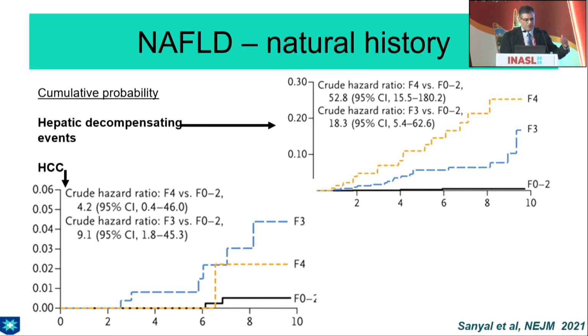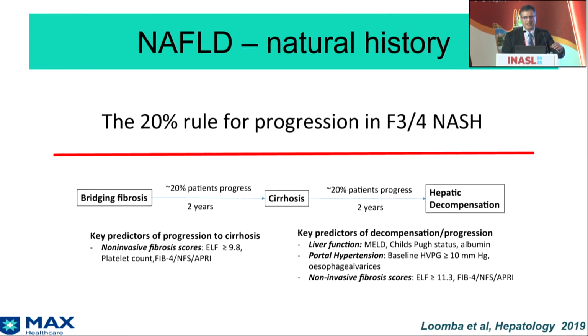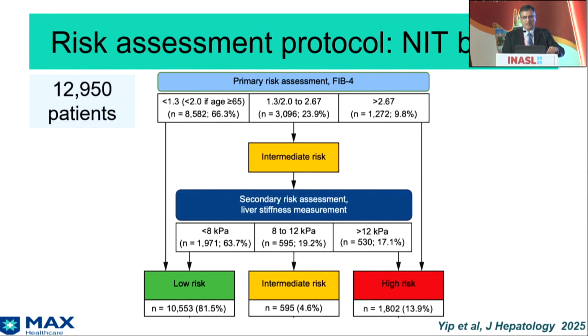Right. So moving up the pyramid which Dr. Sanyal presented, at-risk patients of MASH who have F2 fibrosis or beyond are the ones who are more likely to have liver-related events like decompensation and HCC. And following this protocol of detecting advanced fibrosis in the primary setting and then moving on to a fibroscan, this particular study looked at the outcomes.